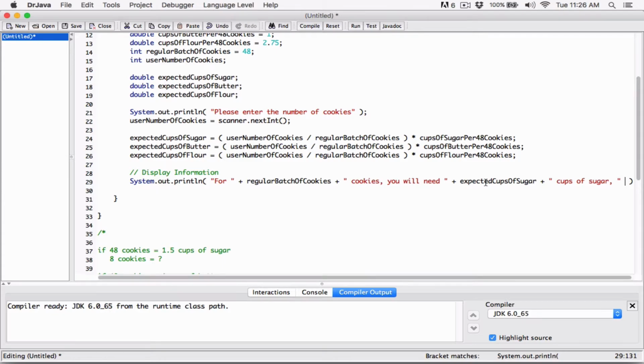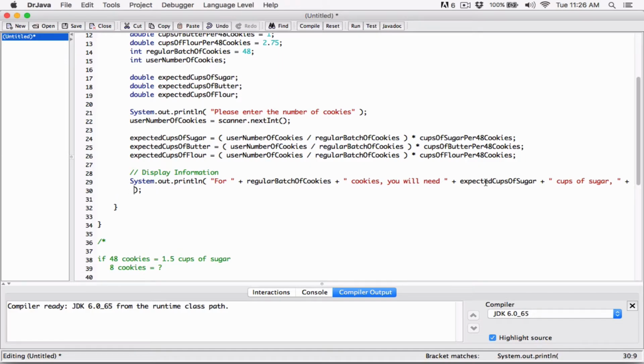Put a comma there, and I'll concatenate this, and I'll break it in the next line. I'm just assuming that there's 4 stored in here. So 4 cups of sugar, comma,